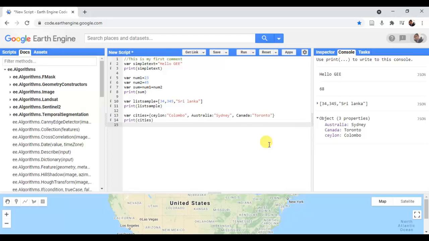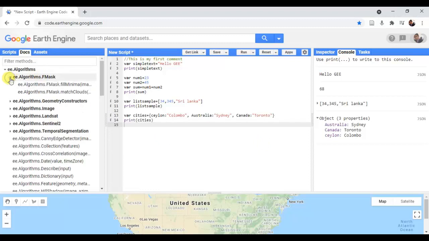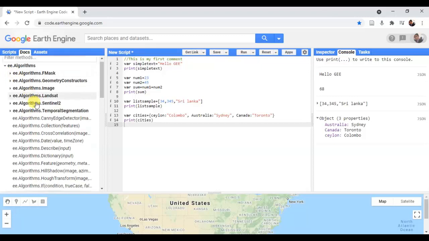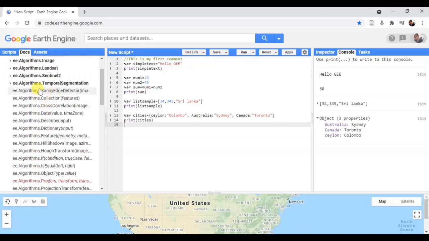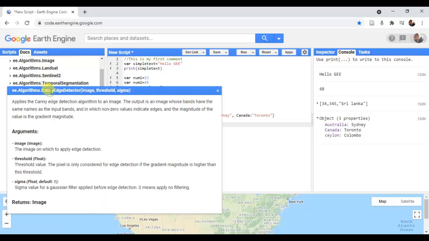For an example, in the left corner, under the docs, you can see some previously defined algorithms. Here you can see that there are various kinds of algorithms available. Under the temporal segmentation, you can see another algorithm or function called CannyEdgeDetector.